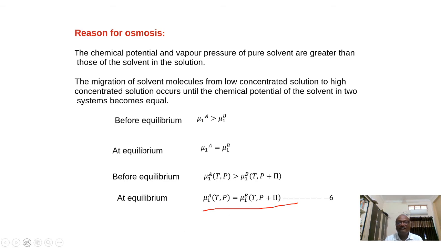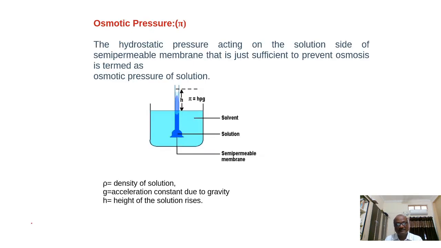So what is the difference between A and B states? Only the pi is the difference you can see in both of these states, right? So the chemical potentials become equal at equilibrium. When the equilibrium is established, the pressures of these two solutions become equal. So what is the meaning of osmotic pressure that we discussed now?